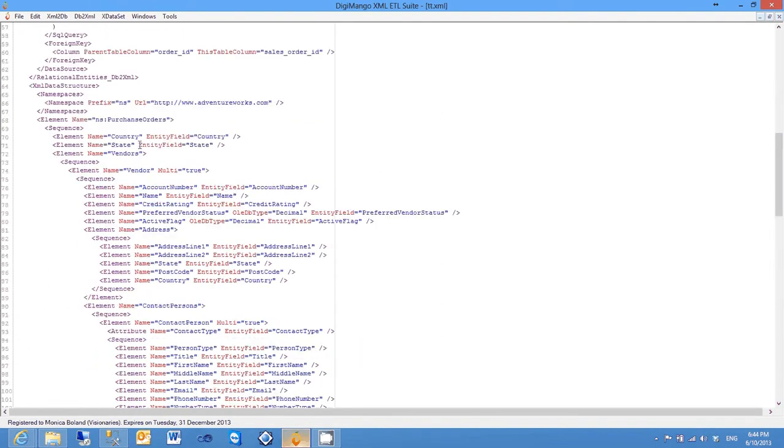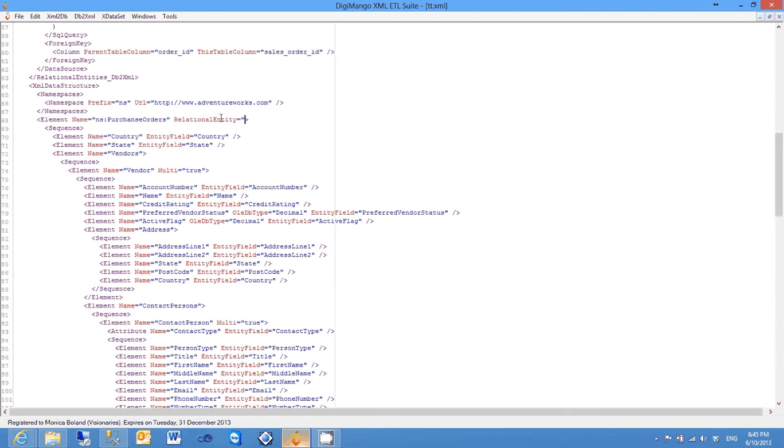And then here you add an attribute called relational entity. Then you add in the name of the data source you just created. So as you can see here, you can finish